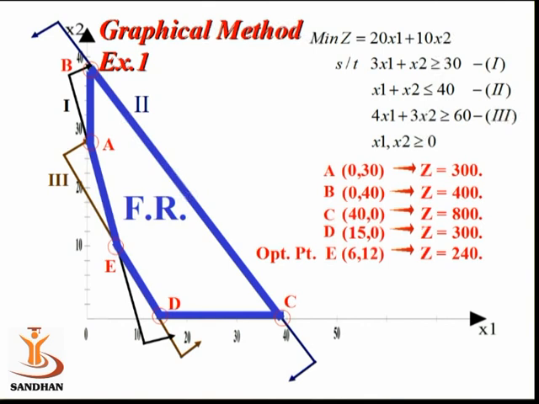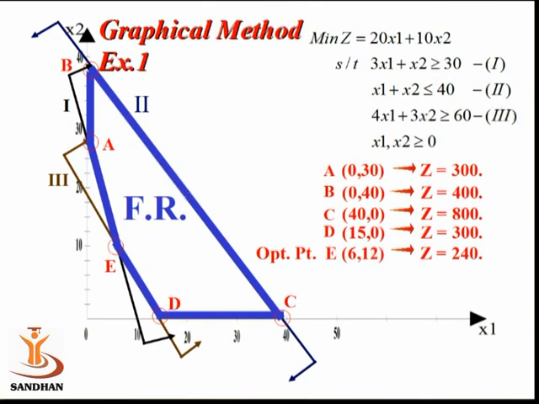Let us discuss more: in place of minimization, suppose I take the maximization case. So what changes are going to be there? Friends, you can refer to the method, you have already learned this. All the processes are going to remain the same. In a similar manner, we have to obtain the constraint equations and the feasible region. Only after tabulating the data, in place of minimum z, I have to select maximum z.